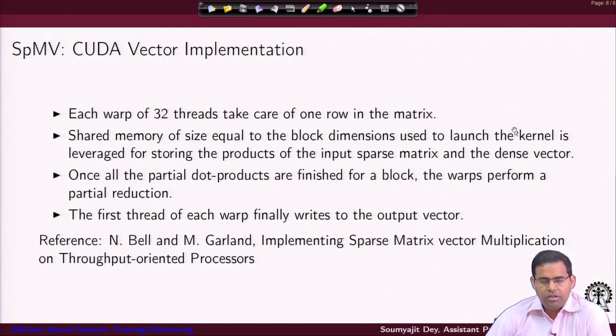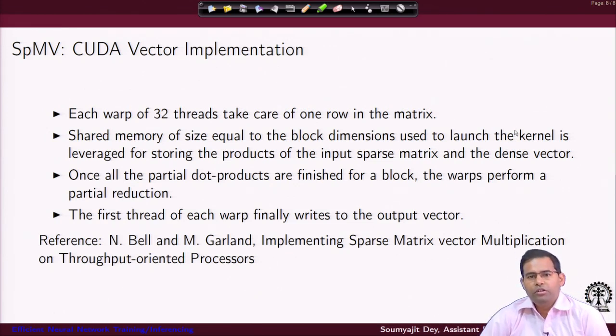Now, first of all, why are we really doing this? Again we are considering very large matrices, a lot of rows, but again we also want to optimize. For that we want the threads to cooperate, that is why we want each warp to take care of one row of the matrix. And while each warp is taking care of one row of the matrix, I want to have shared memory based partial loads, where the shared memory size is equal to block dimension.